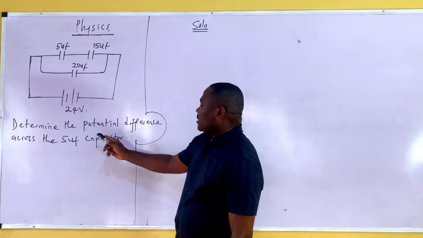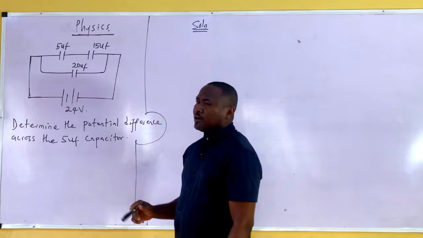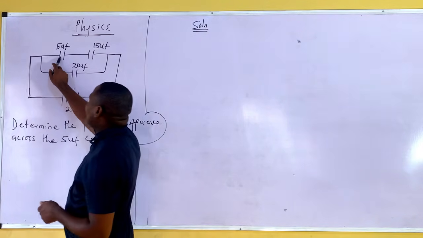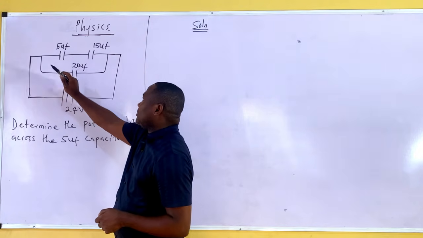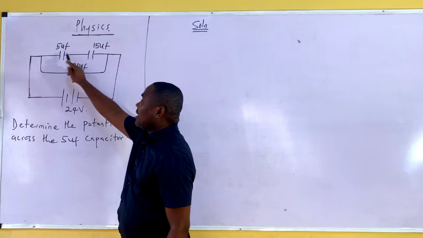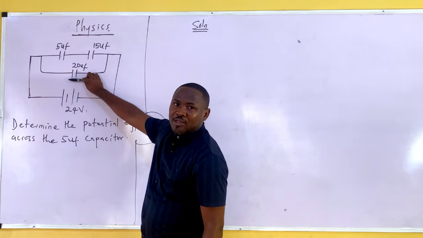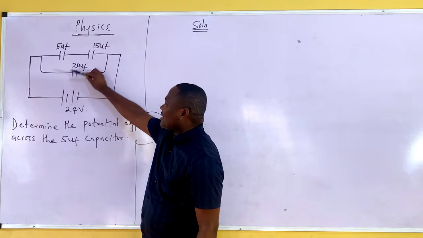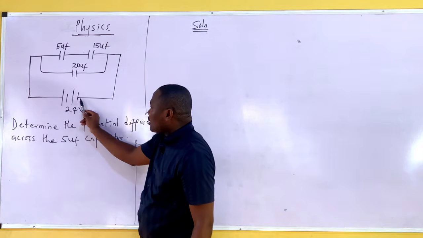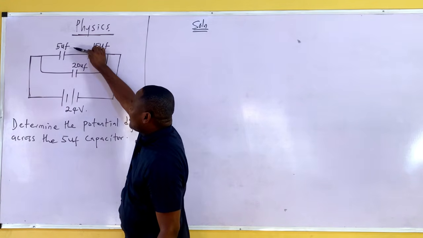It says determine the potential difference across the 5 microfarad capacitor. Now where is 5 microfarad? This is 5 microfarad. But remember, 5 microfarad and 10 microfarad are in series, but they are in parallel with 20 microfarad. That means that if this and this are in parallel, and this is our total voltage in the circuit. Now remember, if